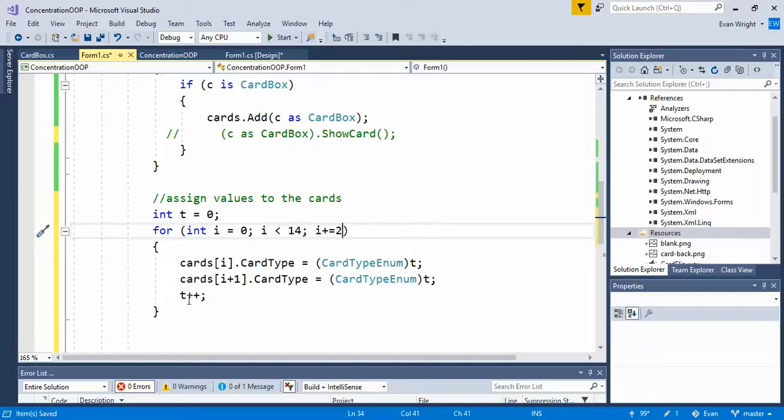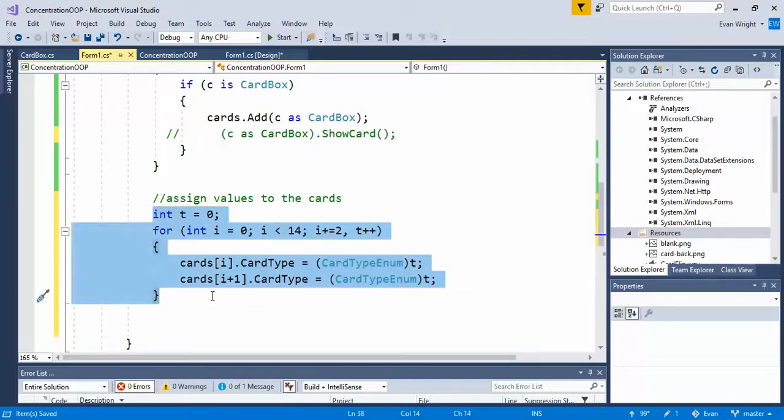You know what, let's be slick about this. Let's take the t++ and put it up here in the for loop. We can actually have 2 post conditions if we separate them with a comma. So that will assign our cards in pairs,